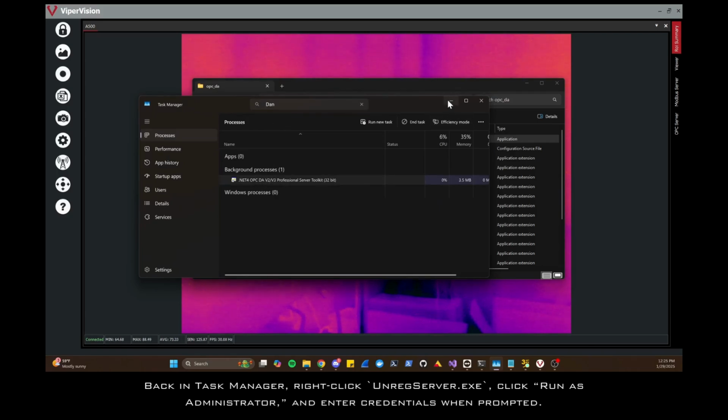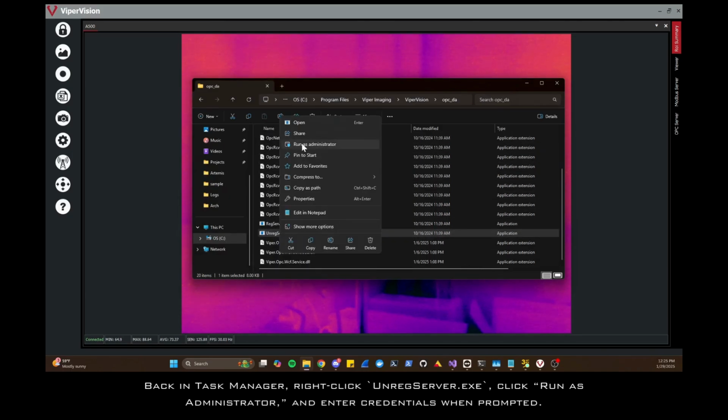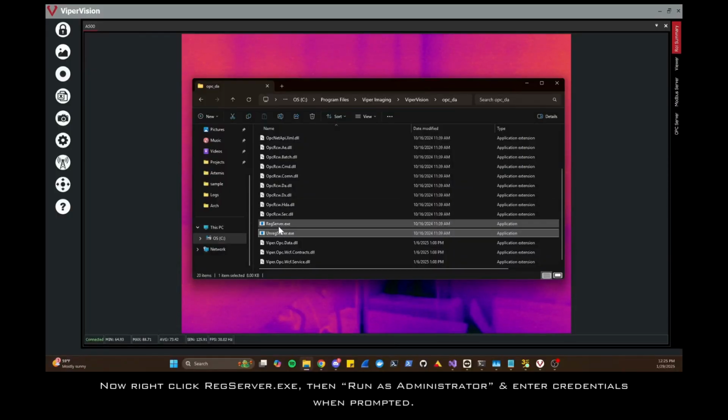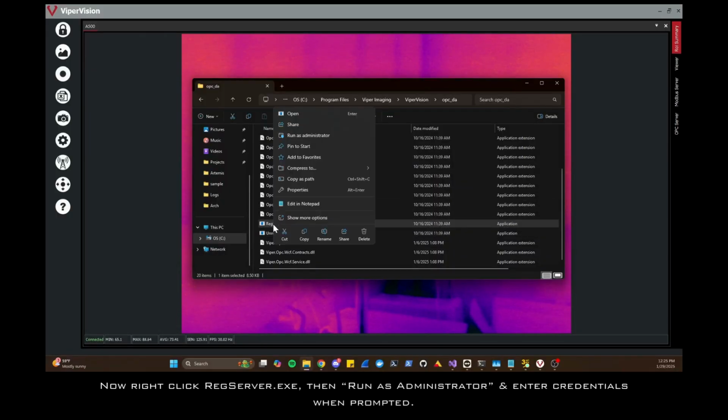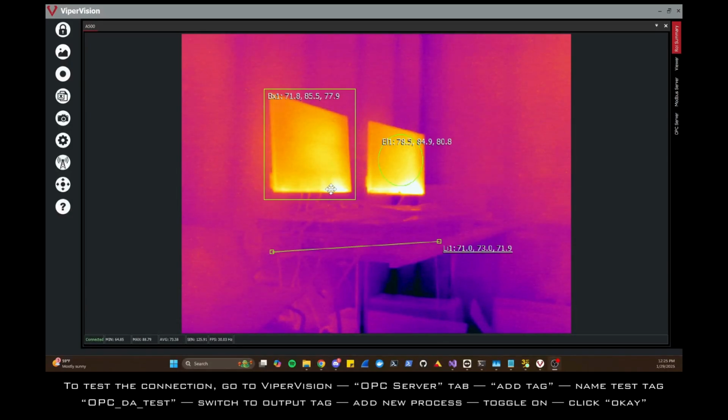So let's go ahead and unregister the server first by right-clicking the executable and running as administrator. It should prompt you. Just enter your credentials and approve it. And then after that, register the server by doing the same thing, right-clicking and running as administrator. All right, now that we got our server registered, let's go ahead and set up a tag to verify that